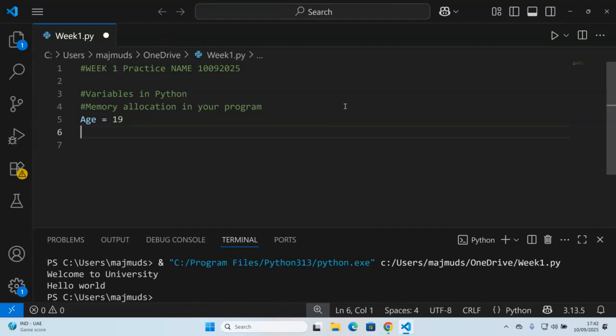Enter. So now age will be stored as 19 and the variable here is age and the value is 19. Okay, let's do one more. If I say name, and say Richmond,